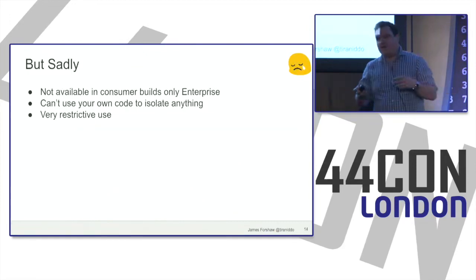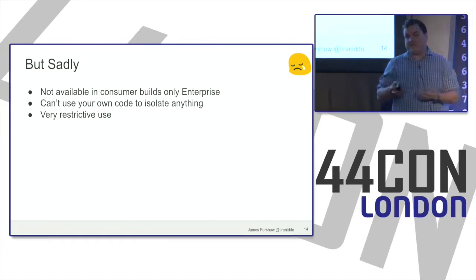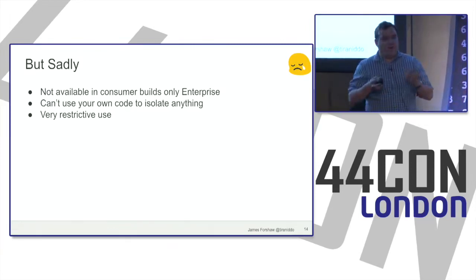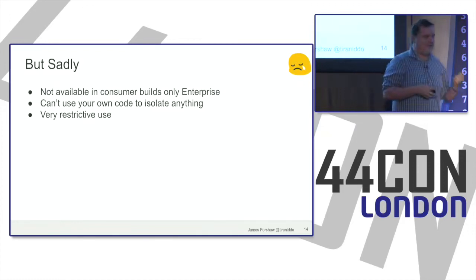But unfortunately, from a consumer perspective, it's actually utterly useless because, as far as I'm aware, isolated user mode is only available in Enterprise. So even if you are a relatively small company which buys in Windows Server and Windows 10 Pro everywhere, you can't deploy this mitigation in your environment because it's Enterprise only. And you can't use it to do any of your own stuff. You can't come up with a really awesome new feature which you may want to use, and isolated user mode would provide that functionality, because, probably for good reason, you can't just run arbitrary code in there, because otherwise malware would probably run arbitrary code in there. So it's a very restrictive use case.